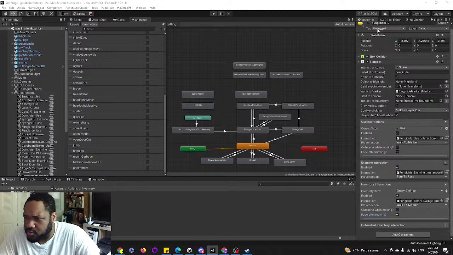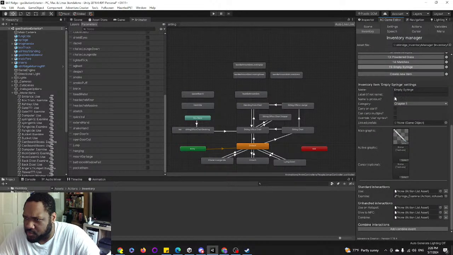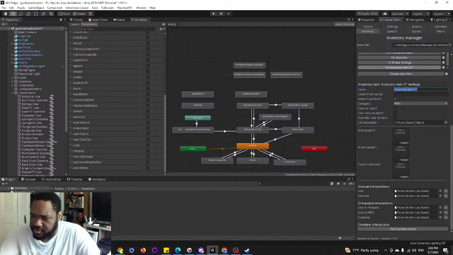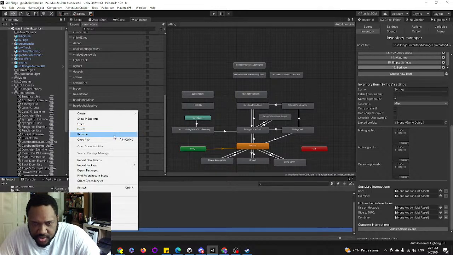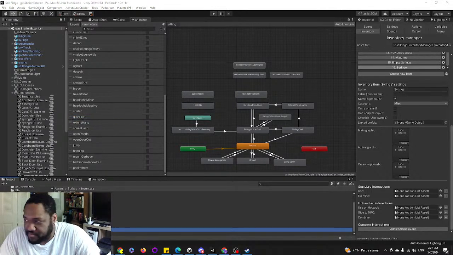Now I need to actually create the inventory item. I'm just gonna call this syringe. Before I do that, though, I need to create a new sprite for the full syringe. So y'all are gonna watch me do some image editing